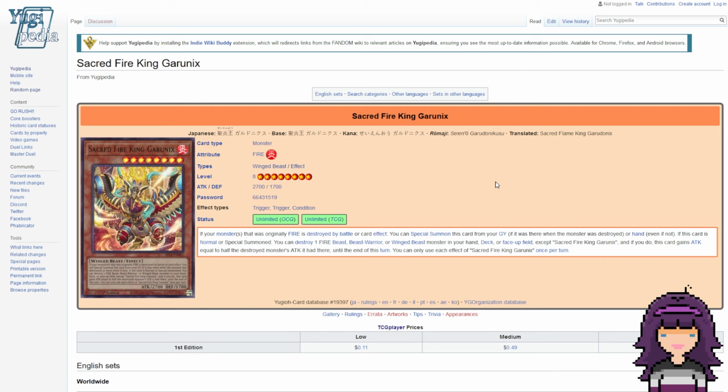Which we all know is a very, very good tool for the Snake Eye decks, and is very good at helping you OTK. Moreover, it's also very, very easy to proc with the Promethean Princess, much like the Sacred Fire King Garunix here is. Like I said, I would definitely expect to see a single copy in pretty much every Snake Eyes Fire King deck, or maybe some other...